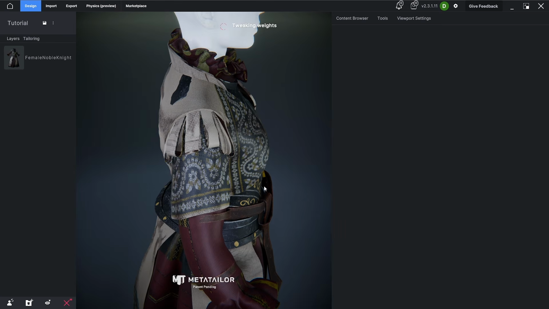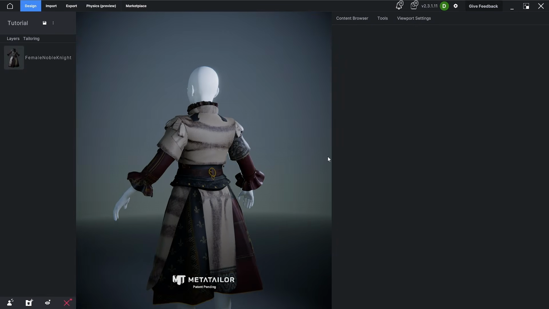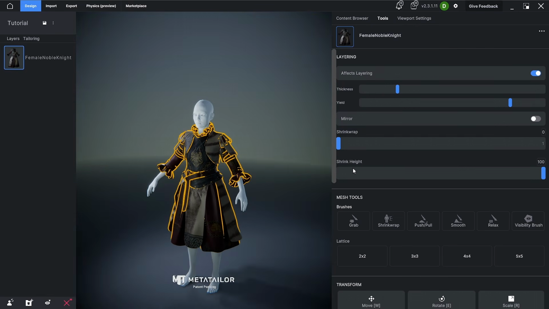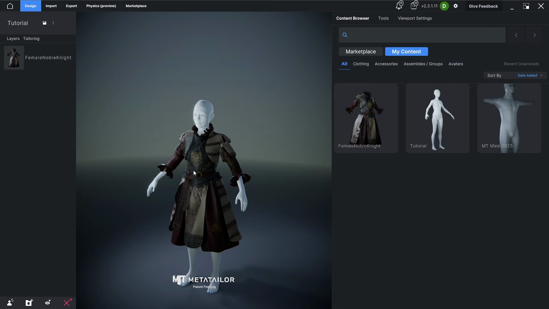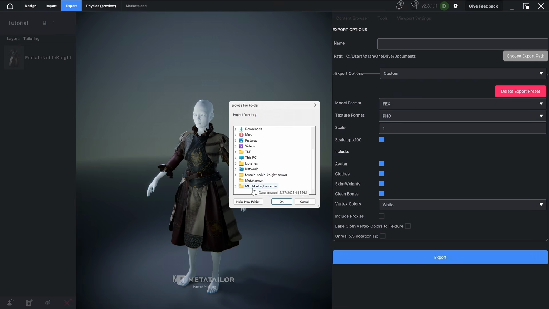Now you can see that all the overlaps are fixed and we're good to go. If you want, you can make further adjustments by selecting your outfit. Since I have the Pro version, all the mesh tools are unlocked, but if you're using the trial version, you might only have access to the Grab tool. Let's move on to exporting so I can show you how to import this outfit into Unreal Engine. Just go to Export. No need to change any settings, whether you're using the free trial or the Pro version. This method works great for both.